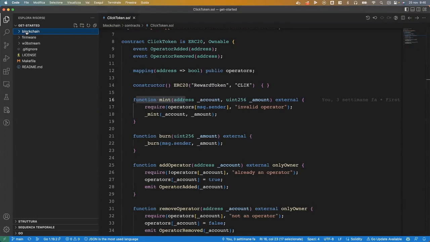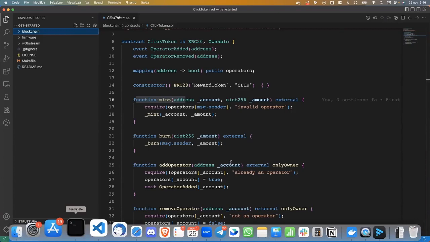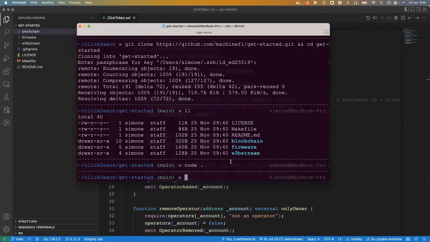So I have some scripts that will just compile the smart contract and deploy it to the IoTeX Testnet blockchain. And that's what we are going to do now, right? Now, yesterday, if you participated yesterday, you should have created a wallet account, because as you can imagine, we need at least one blockchain account to interact with the IoTeX blockchain and to deploy the smart contract and to interact with this smart contract, at least from the WebStream node when it wants to mint some tokens as a reward. So I'm gonna do it again